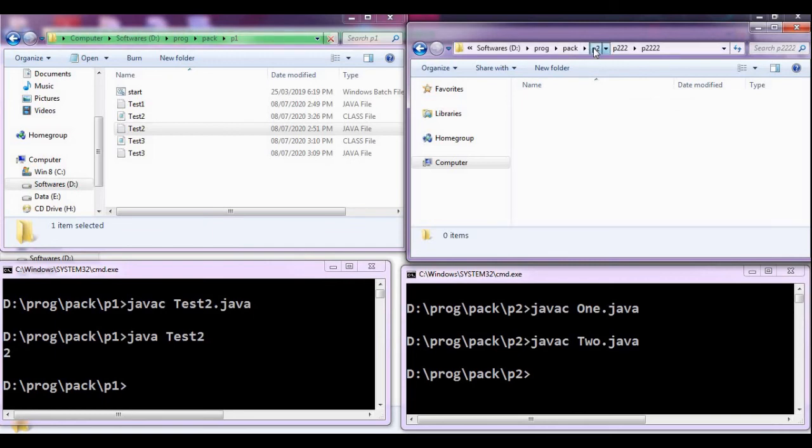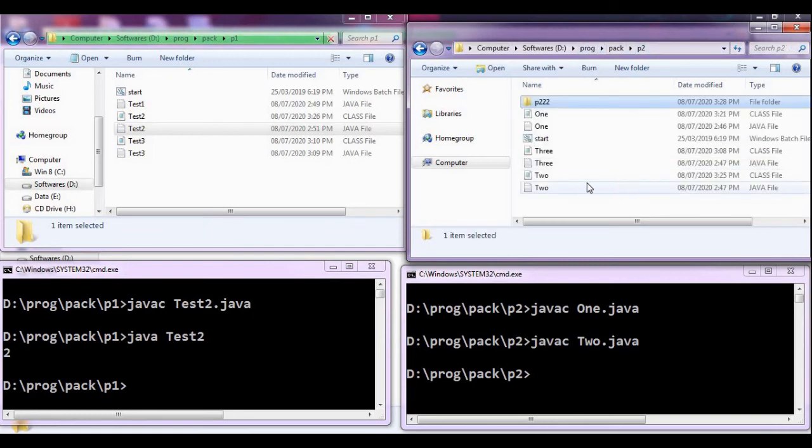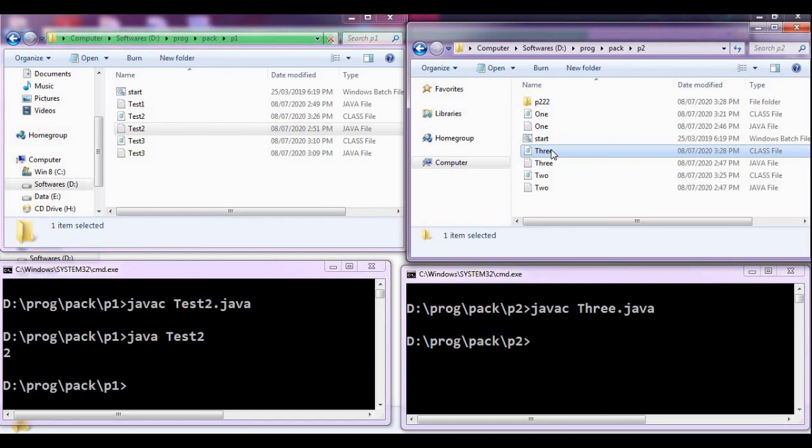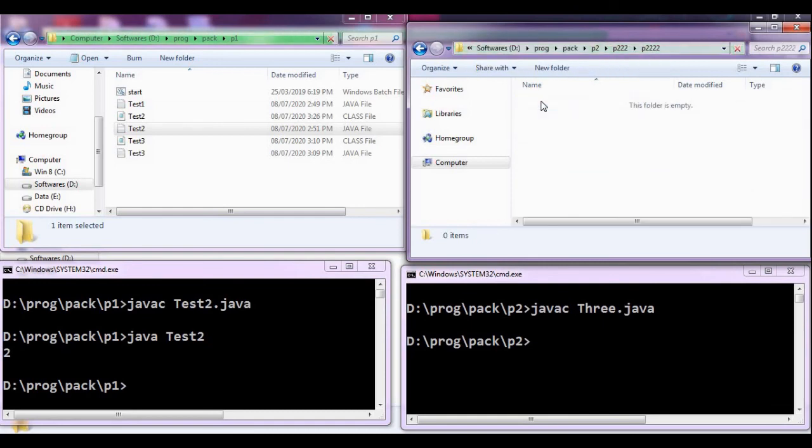Now we will go to the P2 folder again. We have a class 3. We will compile that class 3 over here, javac 3.java, and it is compiled. Now the class that has been created, we will put inside this folder manually.